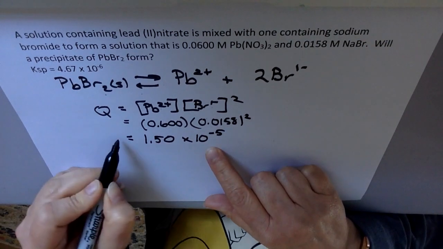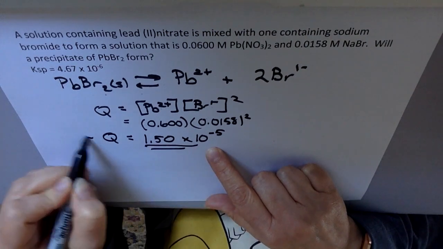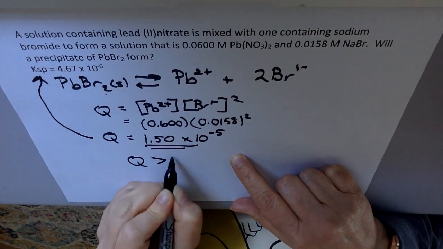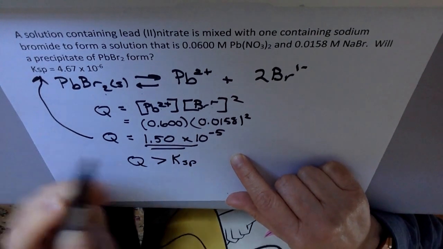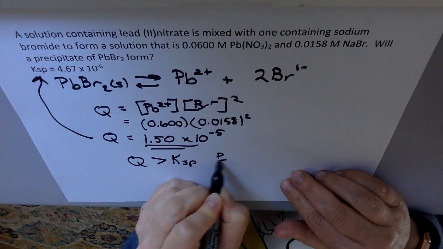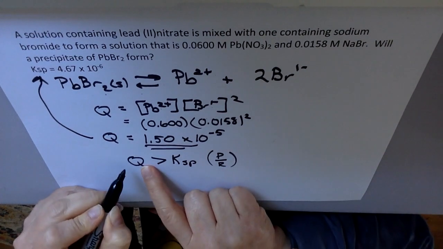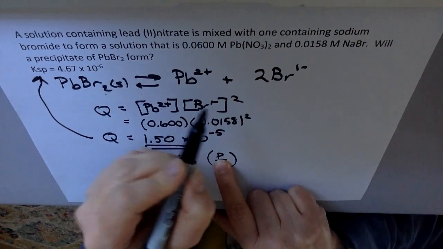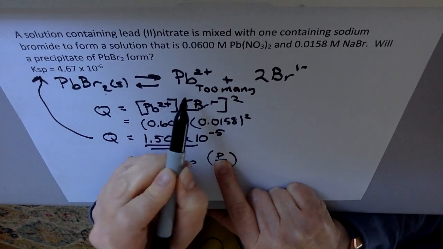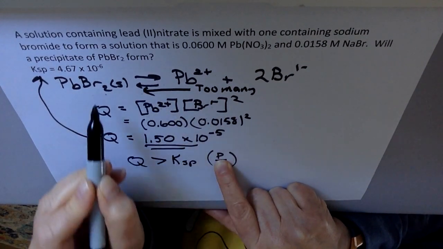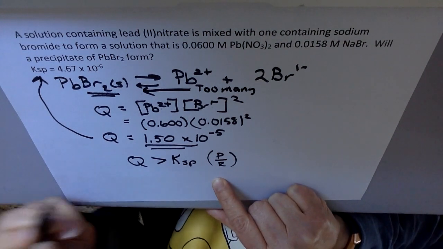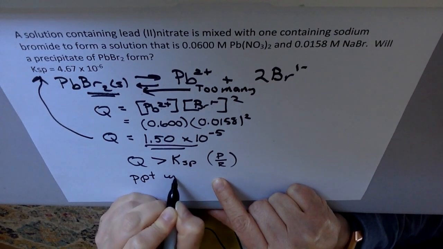And what I want you to notice here is we're going to compare this Q to the Ksp. And you can see that Q is greater than the Ksp. Negative fifth is bigger than negative sixth. What does that mean? Remember, K is always sort of products over reactants. So since Q is bigger, that means we have too many products, which means it's going to drive the equilibrium towards making the solid again, towards the precipitate. Whenever Q is greater than the Ksp, a precipitate will form